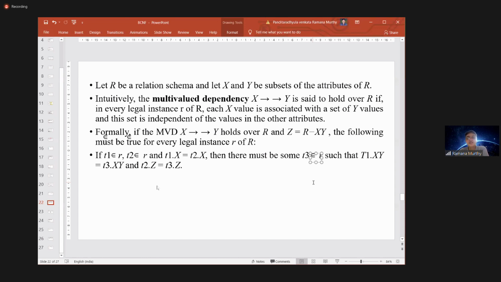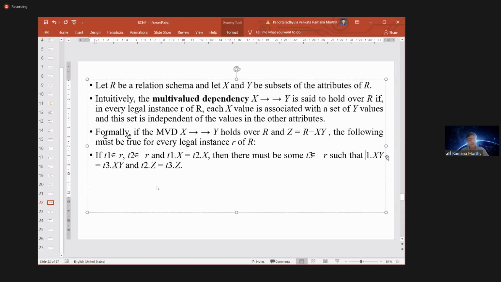But here we consider T3 also. If the XY values are the same in tuple T1 and tuple T3,